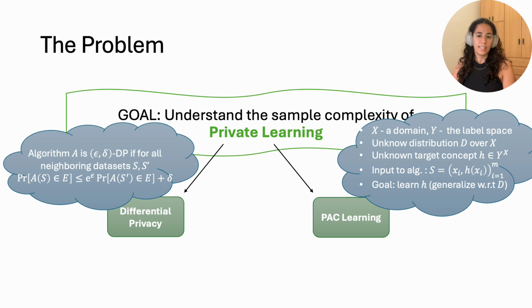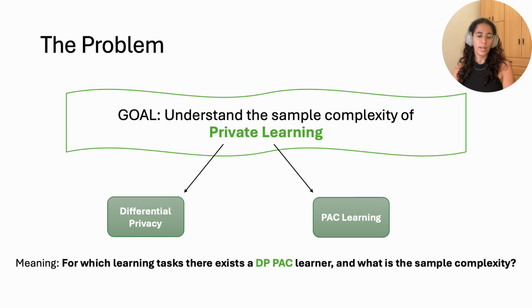Differential privacy is a property of a learning algorithm. So an algorithm is differentially private if for every neighboring dataset, meaning datasets that differ at most one entry, the probability distributions induced by running A on S and on S prime are very close to each other. How much close? This epsilon delta notion of closeness. So in other words,